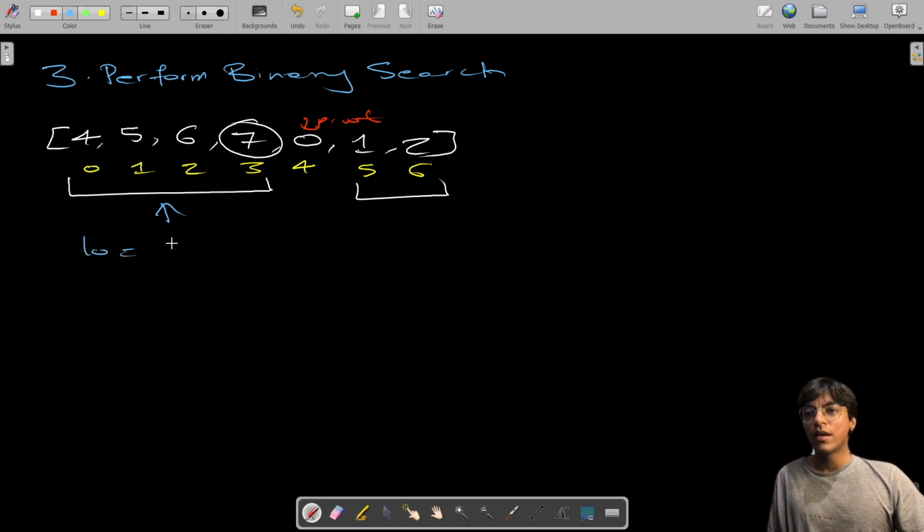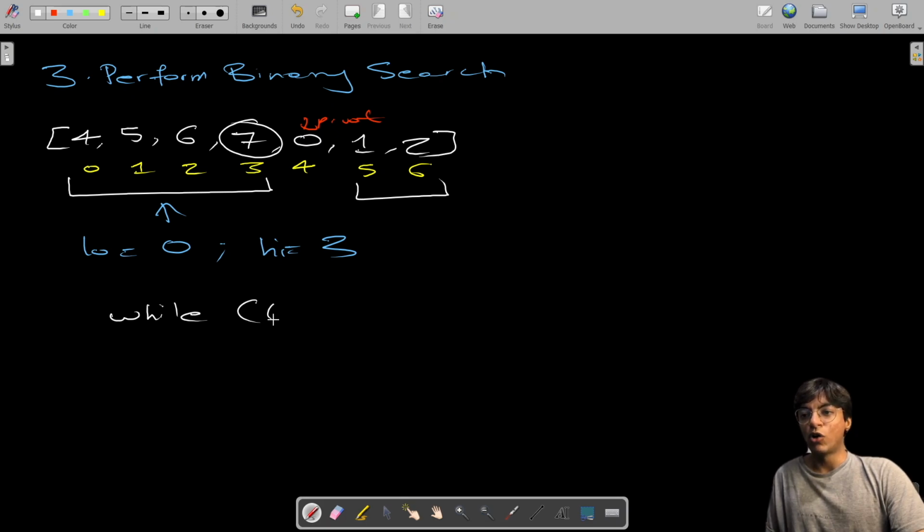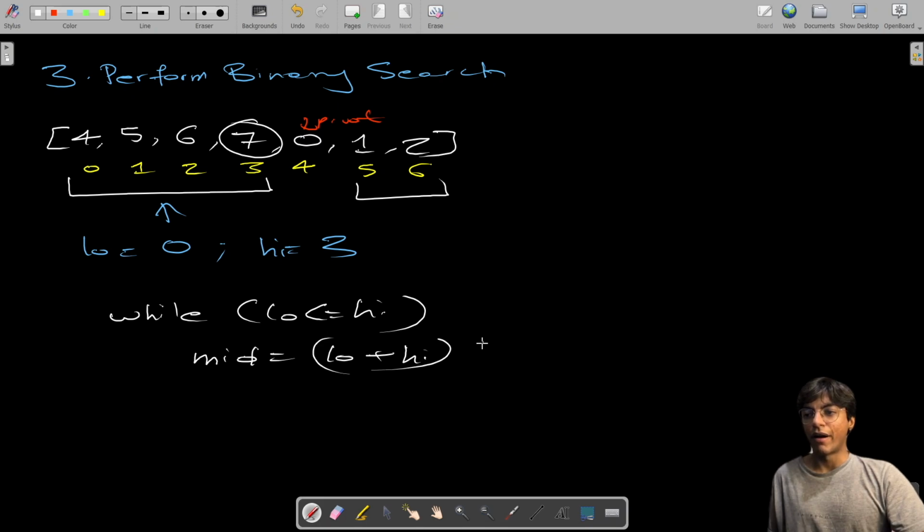So our low is 0, high is equal to 3. And I've already covered binary search in the previous video. I suggest you go watch that and you will understand how it works. I will quickly dry run this in this video just so that you are not out of the loop when you are watching this one. So we have low and high, and we start by keeping a while loop in place. While low is less than or equal to high, we will get our midpoint. That will be low plus high divided by 2,